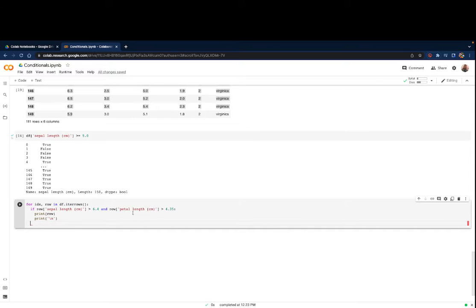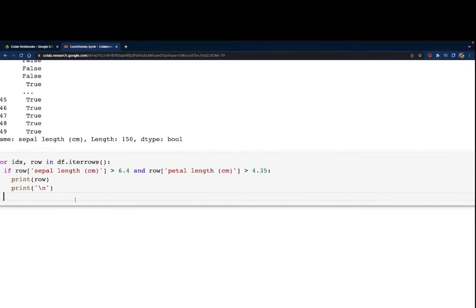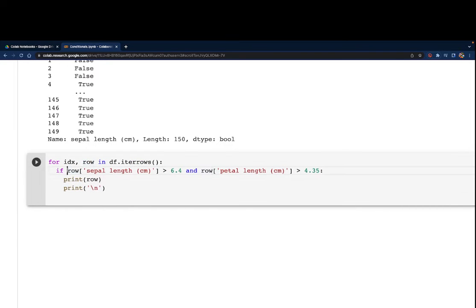So what this is going to do is go through all the rows and check, hey, is this true? And is this true? And if it is true, that's kind of like the key. I think of if statements as a key, and this is the door. If that's true, it gets a key and you can unlock this door and do whatever's here. Else, we'll do